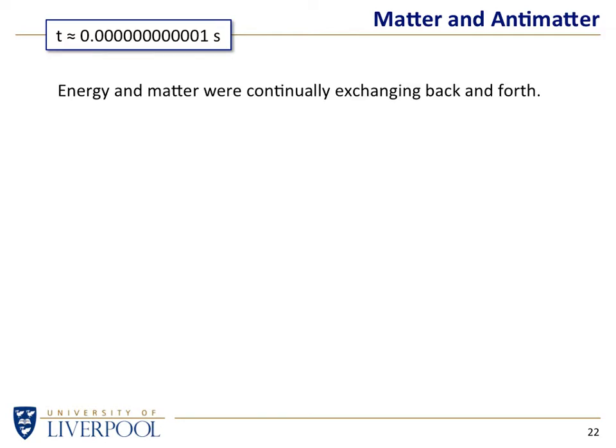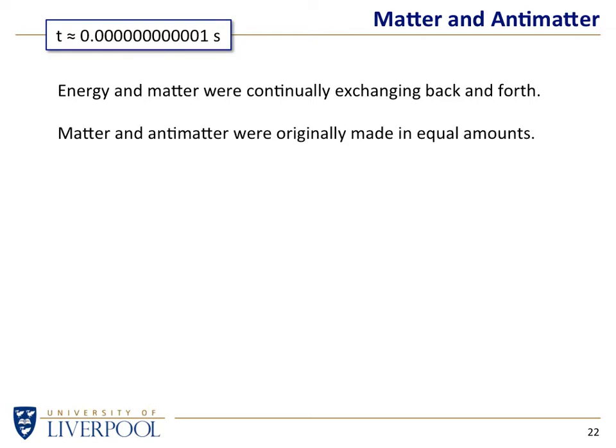Energy and matter are continually changing backwards and forwards. Matter and antimatter. Matter is what you're made of. Antimatter is the opposite. It's, for instance, an electron buzzing around an atom in your body is negatively charged. But there's an equivalent particle which has all the same properties, the same mass, but it's positively charged. We call that an anti-electron. Similarly, there's anti-quarks. A quark has a particular set of properties. There's a particle with, if you like, the mirror image of that, called an antiparticle.